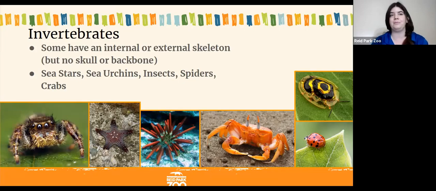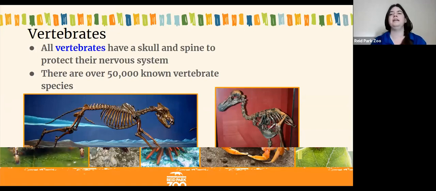They don't have the same sorts of bones that we do. And then some invertebrates like spiders and crabs and beetles have their skeletons on the outside. And this gives them support for their muscles to attach to and allows them to move and respond to their environment. So while invertebrates are the most diverse, we don't have time to talk about all the diversity of invertebrates today, but we will talk a lot about the different groups of vertebrates.